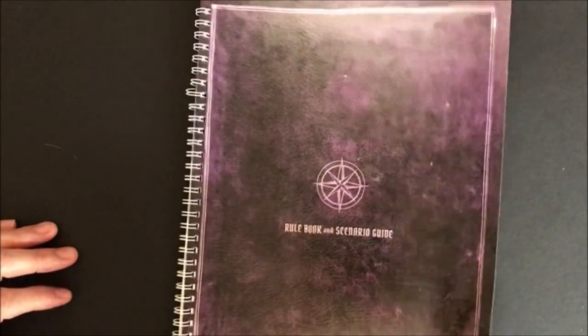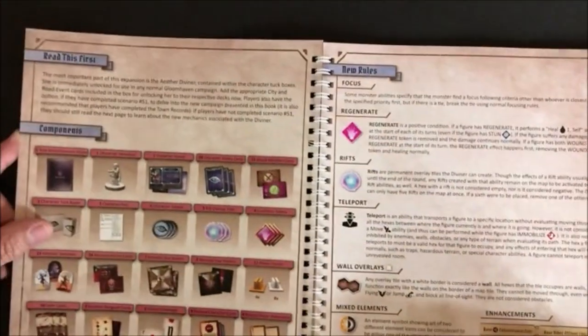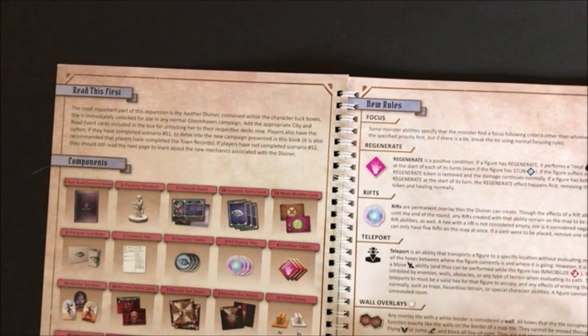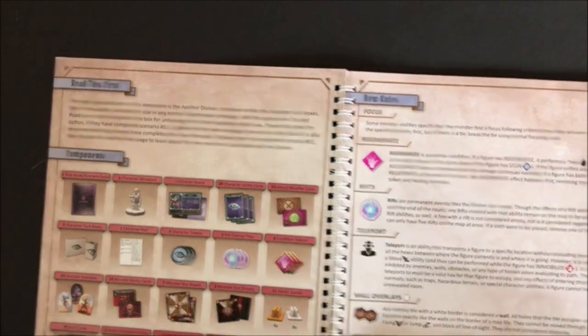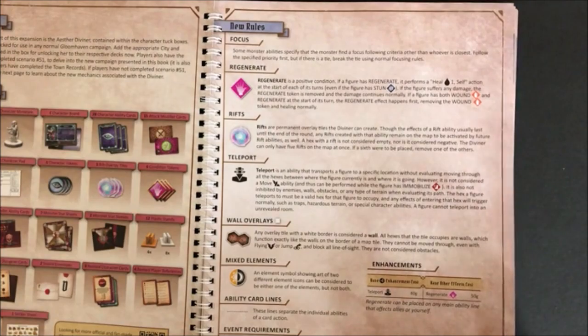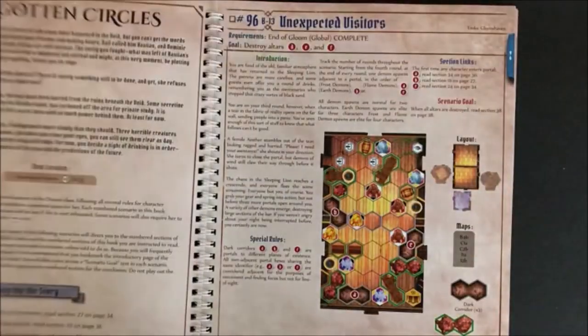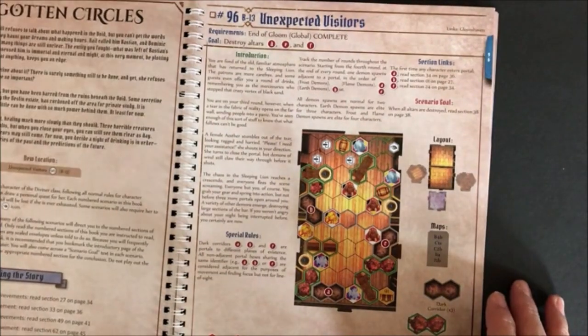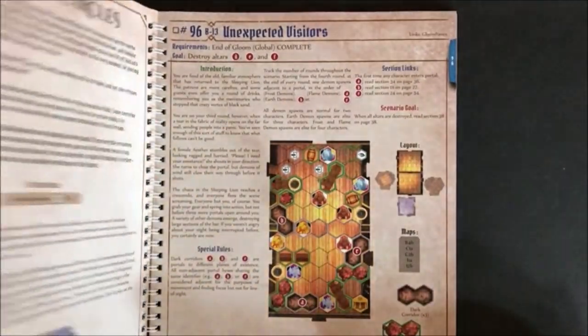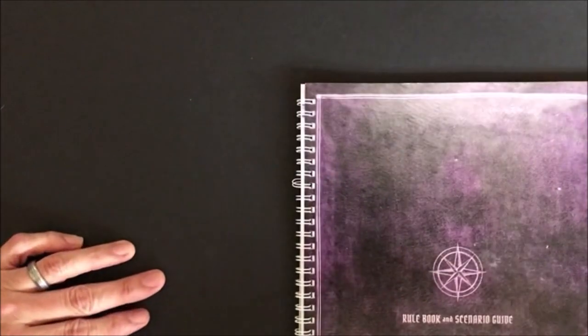I did get one of the expansions, which is the Astral something or another. There's a character that's unlocked right at the beginning. It's Aether Diviner, of course. And then they've got more things that character is able to do, because there's new rules and mixed elements, and some other new locations and things like that, and of course more scenarios. So anyway, yeah, that's about it for